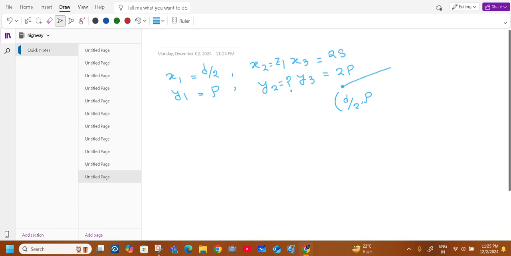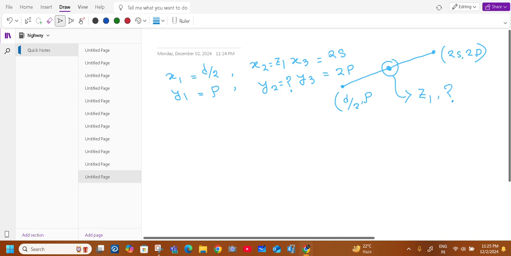So this point is 2s, 2p, then z1 is equal to, so the slope between, that means log,